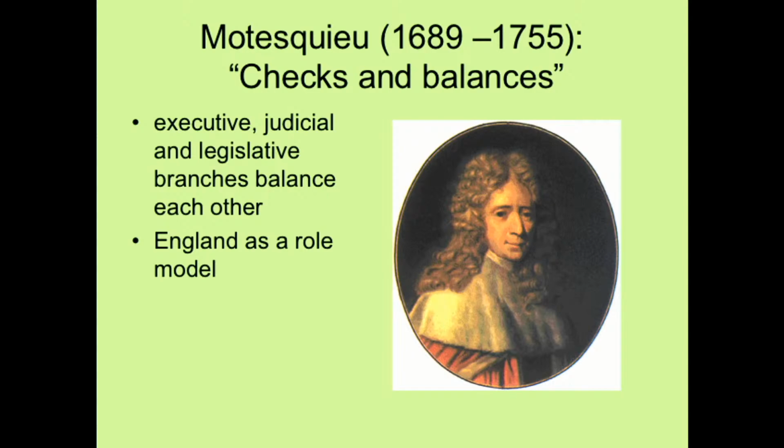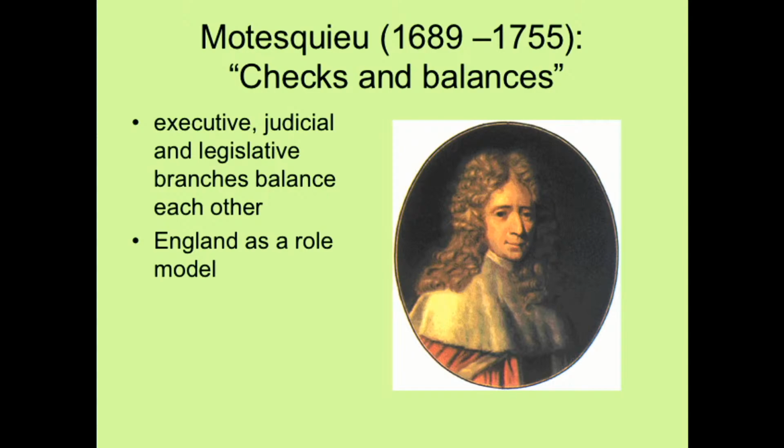There was another man named Montesquieu, French philosopher, also an active person during the days of Enlightenment. He also is credited with the discovery of this natural law. And I mentioned this before. Natural law, checks and balances. He said, look at the England. Remember I mentioned that people of Enlightenment, people of scientific revolution, they looked at England and said, hey, how good they are. Because by chance they discovered something that looks like natural law. That's how good government should be organized.